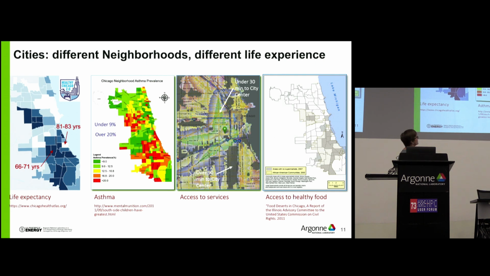There's these black regions. I live really close to this one, where to get into the city using public transit is over 90 minutes. This is using public transit, not vehicles. And then there are other areas where there's lots of access. There's a huge variation in access to grocery stores. So your experience in the city differs, and what we were trying to do was have a device that could actually give you that spatial and temporal resolution at a neighborhood scale.